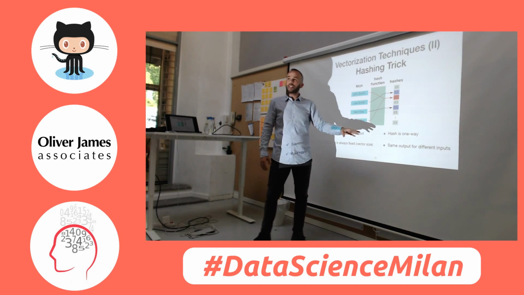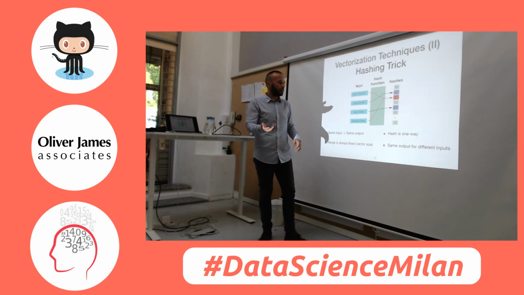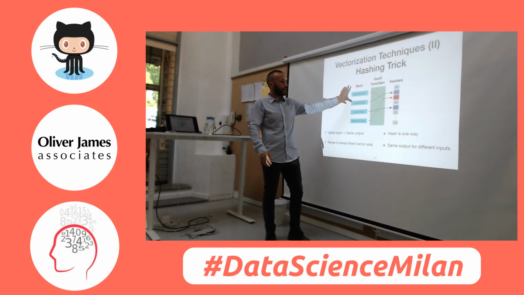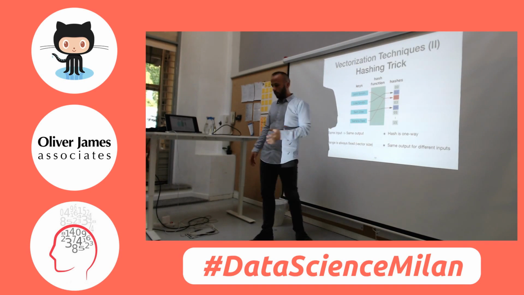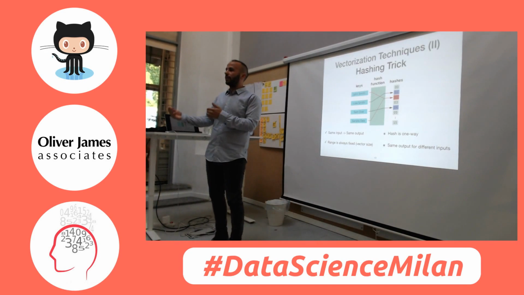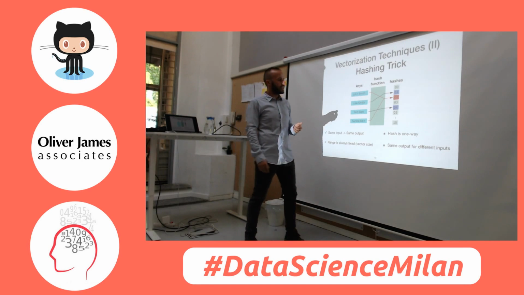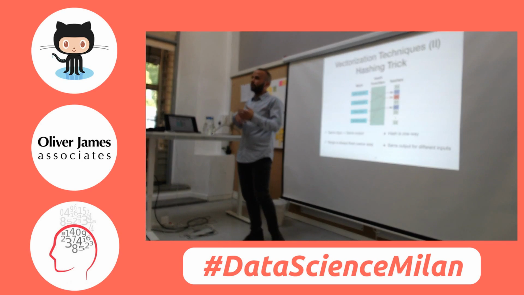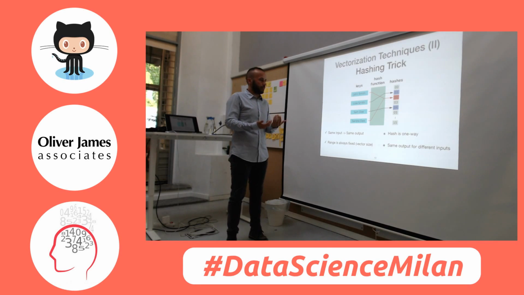And the other problem is collisions. So hashing functions have a problem. Collisions happen because we're trying to map one space to another space. And the other space has to have the right number of dimensions to cover all our possible inputs. And it's always a trade-off between what memory we have and what hashing function we're choosing. So it can be a problem.